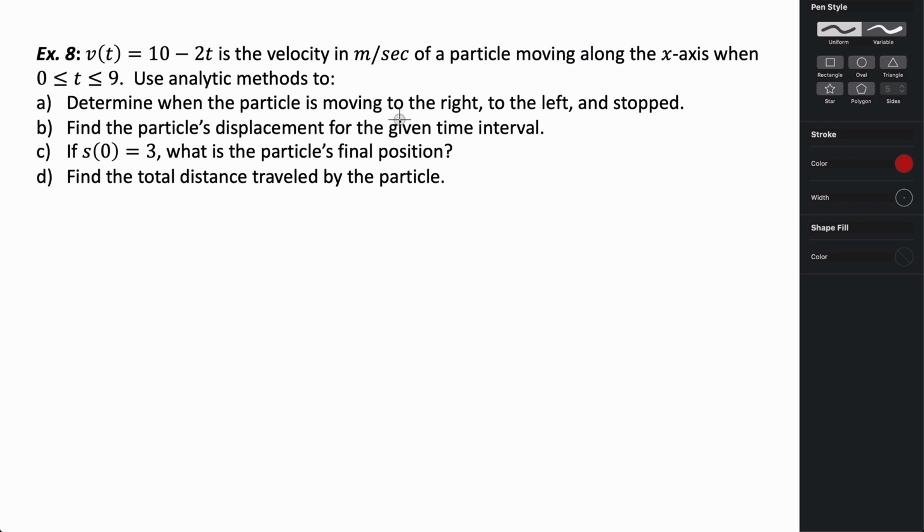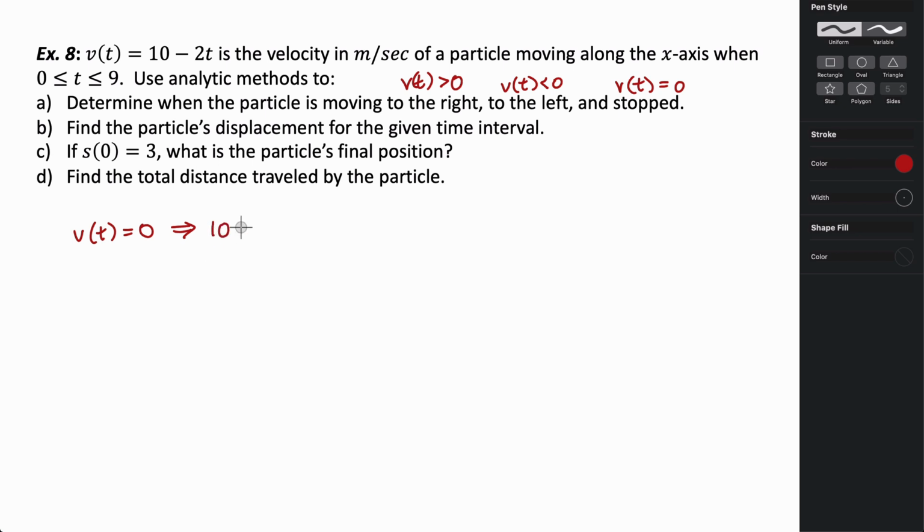So first, how do we know when a particle is moving right, left, or stopped? A particle moves to the right when the velocity function is positive. It moves left when the velocity function is negative, and it is stopped when the velocity function is 0. So the first thing we want to do is figure out when the velocity is 0, because in order for the function to change direction, it has to first cross through the x-axis. So this happens when